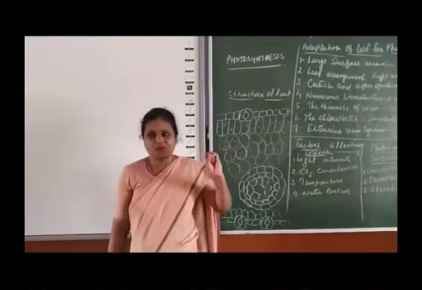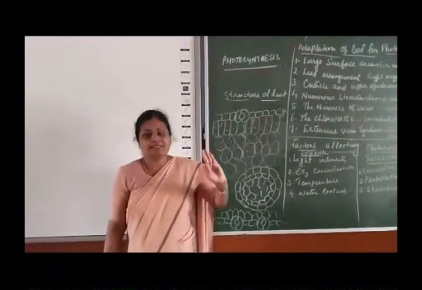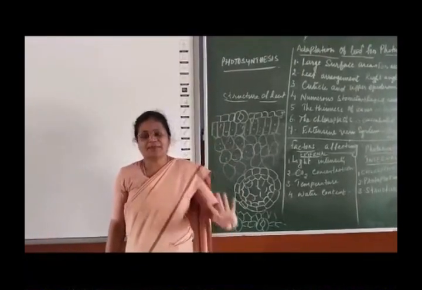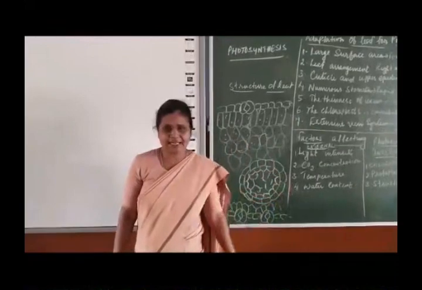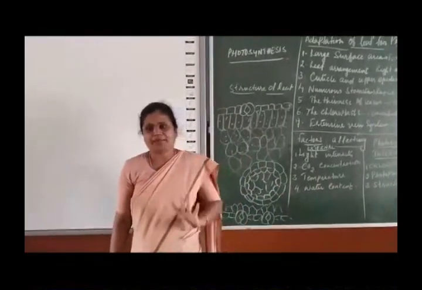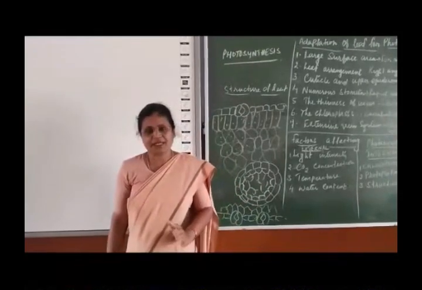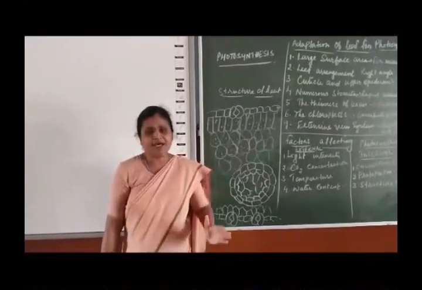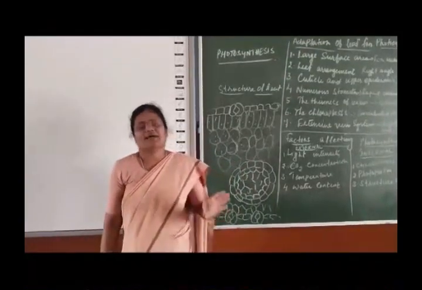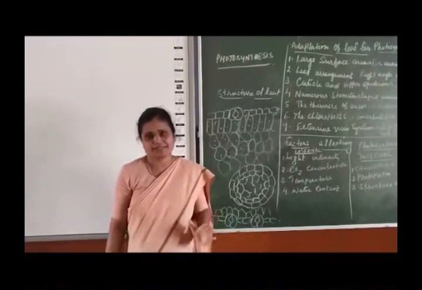We learned yesterday what is photosynthesis, the importance of photosynthesis, the structure of chloroplast and the mechanism of photosynthesis. These are the 4 points that we had dealt with yesterday. In the mechanism of photosynthesis, we had learned about the light reaction and dark reaction. I told you the light reaction takes place in the granum of the chloroplast and the dark reaction takes place in the stroma of the chloroplast.